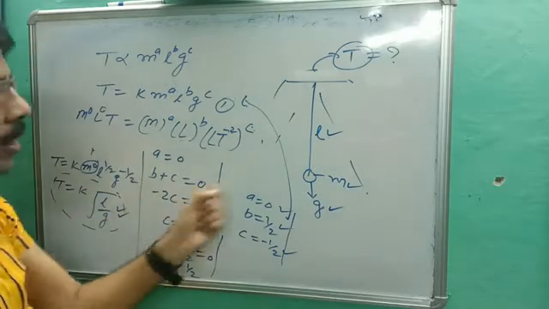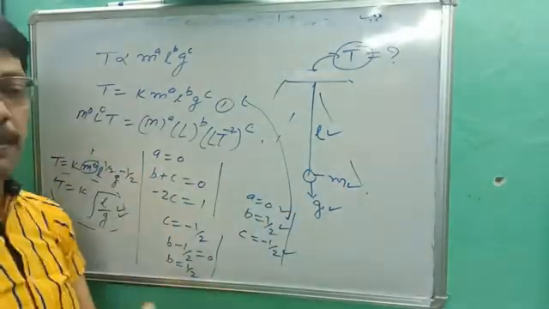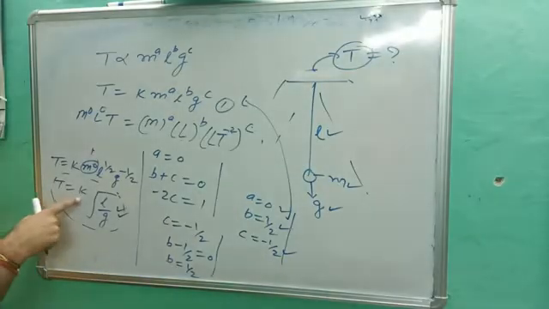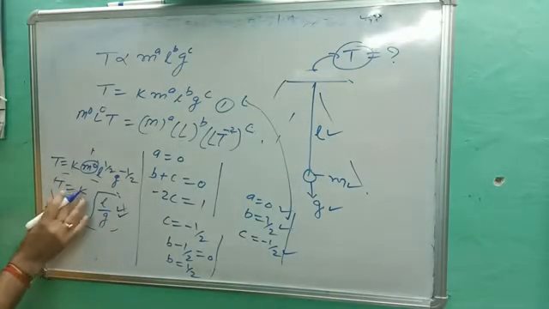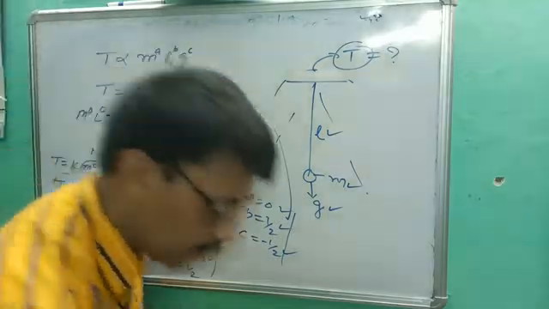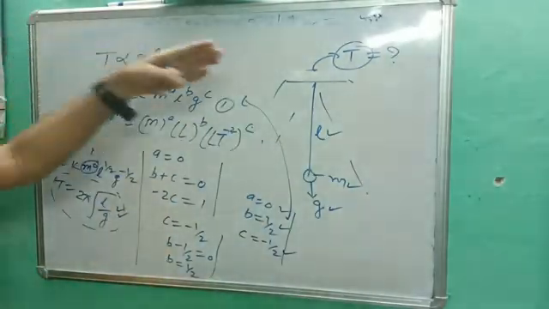One thing you notice: we have taken m here, but the formula shows that time period doesn't depend on mass. So this is the first question for you, and the answer becomes T is equal to k under root L upon g, or in place of k we can write 2 pi. You better know this time period formula: T is equal to 2 pi under root L upon g. In the previous lecture I told you this. So this is the relation between physical quantities for the time period formula.